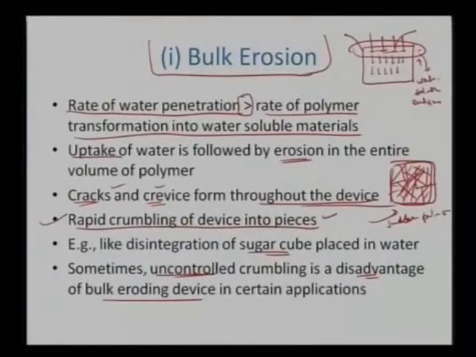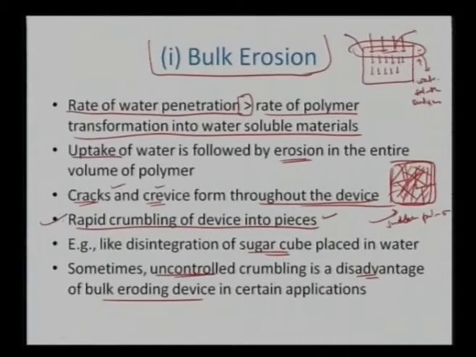So that's what we see, that in bulk erosion we have water penetration which is much faster, so it will rapidly occupy the overall bulk or the inner part of the polymer. So water has already seeped throughout the polymer, and in the meantime the water soluble products will start forming, and they will form randomly at any location. So what is happening in the entire process is that now we start seeing some cracks, crevices and pores which are now being taken up by the surrounding liquid. So in that case, once it has formed certain cracks and crevices, very rapid crumbling of the device can